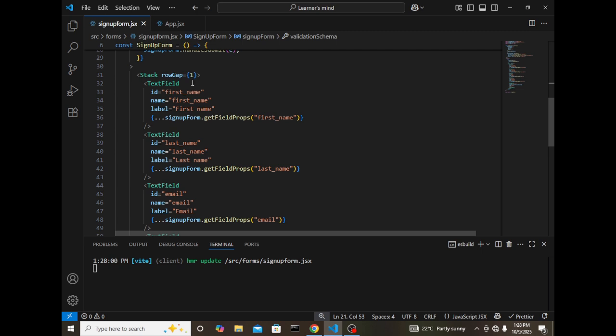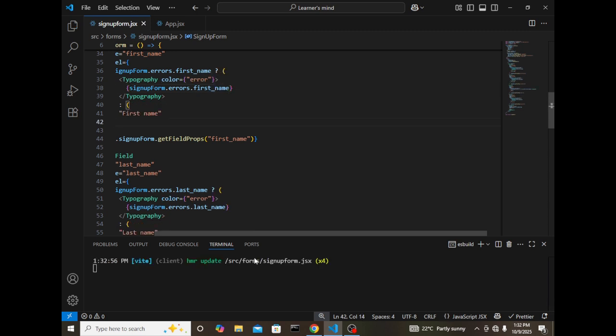But another better way which I find useful is to use the label itself to display the error. So for the first time, I want to display first name like that, but then I want to also